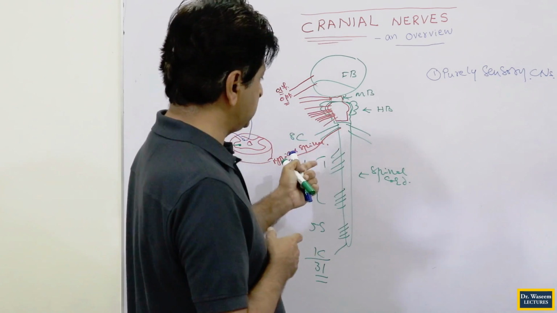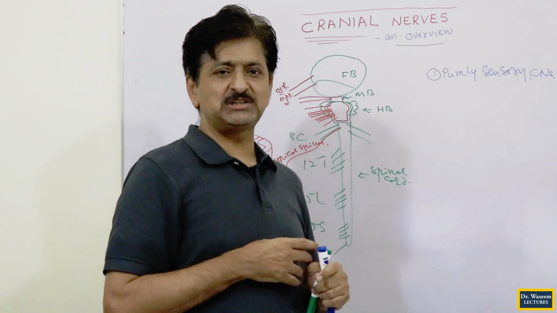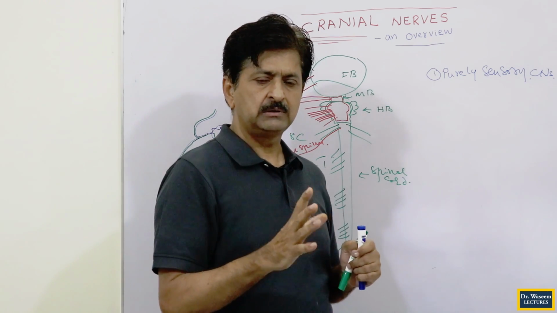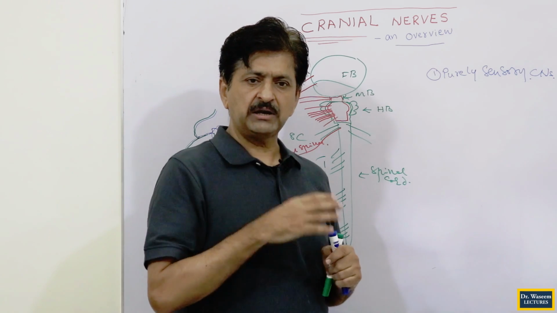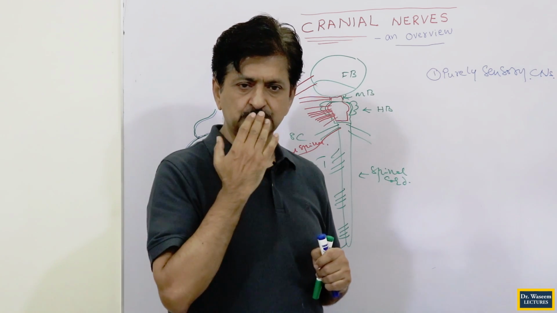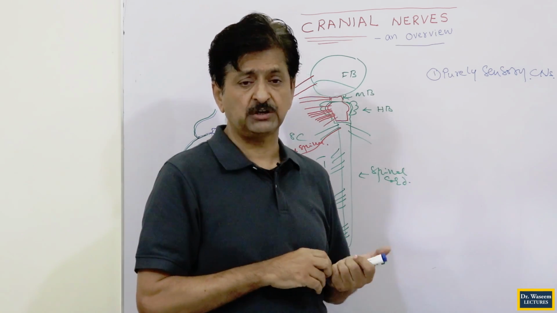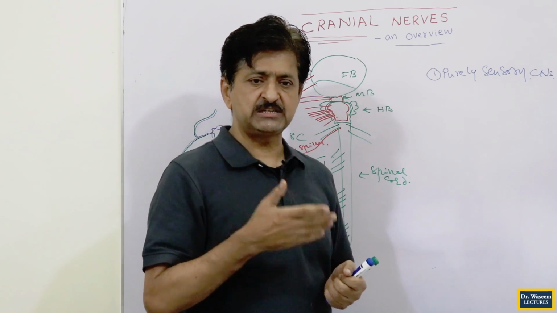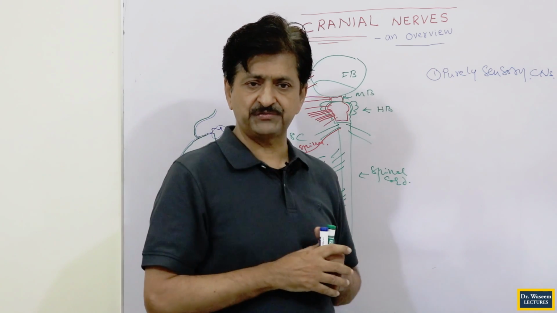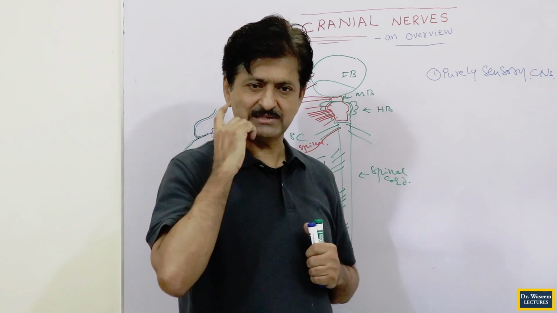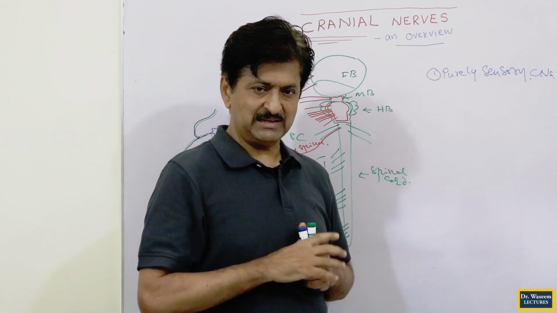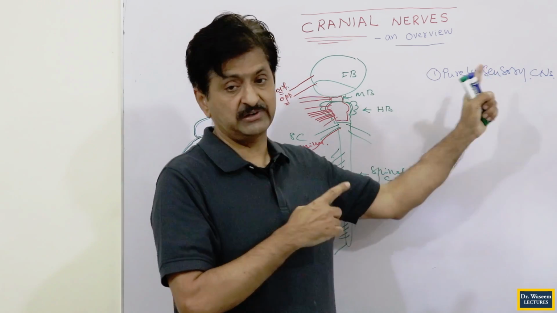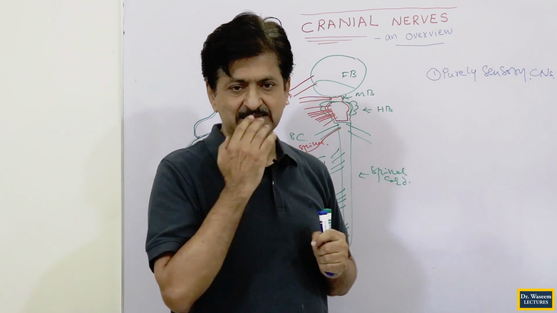Now, we told you that it is called a purely sensory nerve. So if you remember purely sensory nerves, you call them cranial nerves 1 to 8. These are those nerves which are giving service to the special organs for the special senses. And because we have 5 senses, we should have 5 nerves. Actually, all senses except taste. Taste does not have a specific, special or purely sensory nerve.